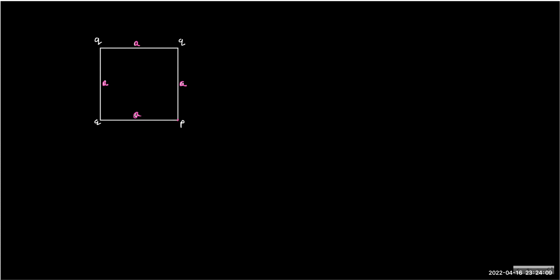Sir, I'm getting KQ by A square into 1 by 2 plus root 2, sir, along the diagonal. Yeah, that's the right answer. So you know how to do this. So finding the electric field due to the discrete charge is similar to solving the question of Coulomb's law. Now we'll talk about the force